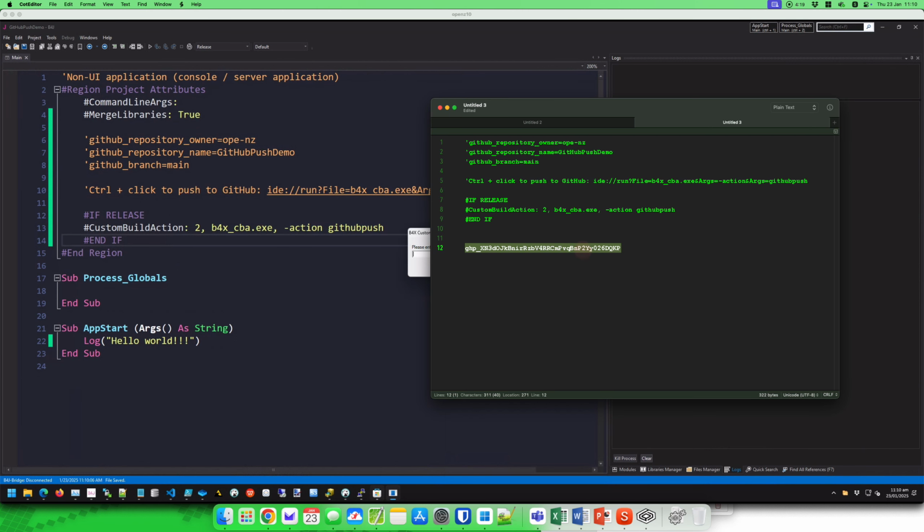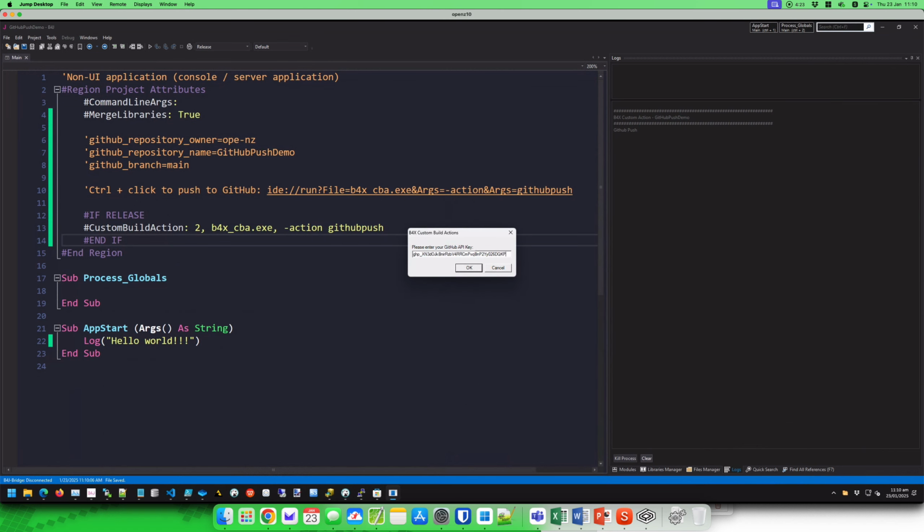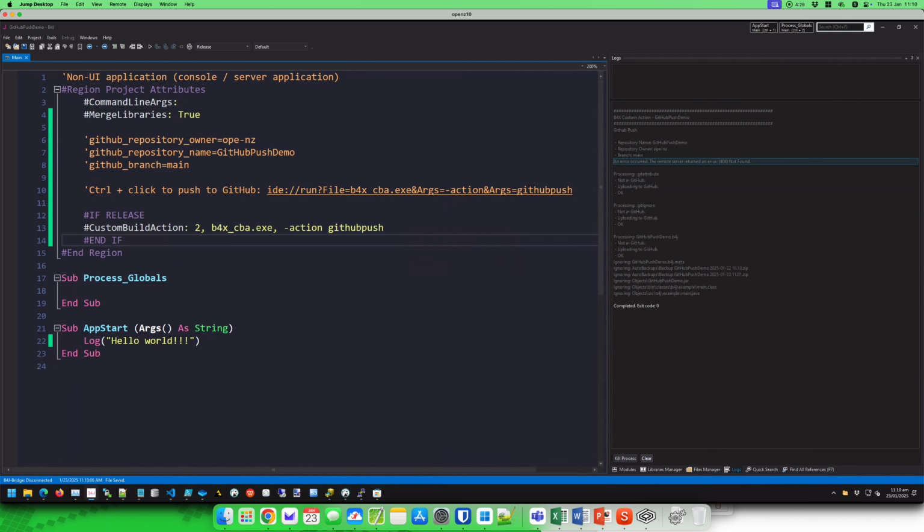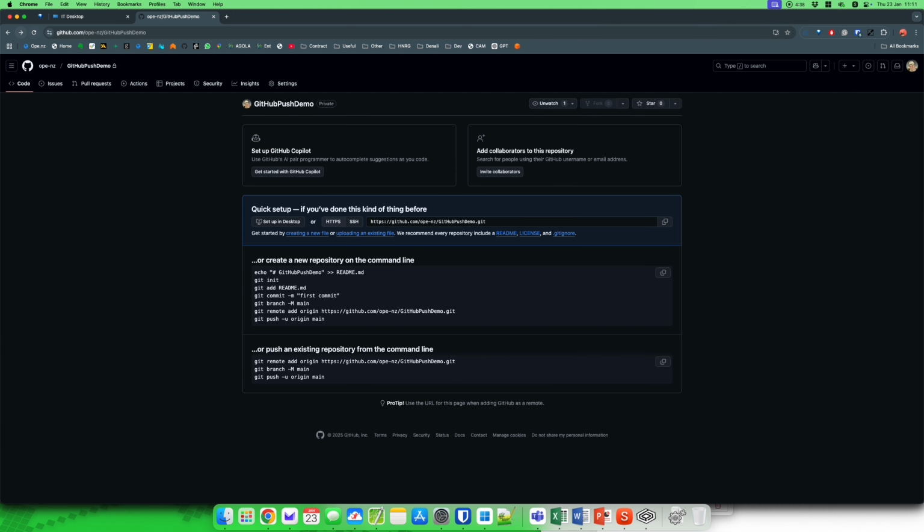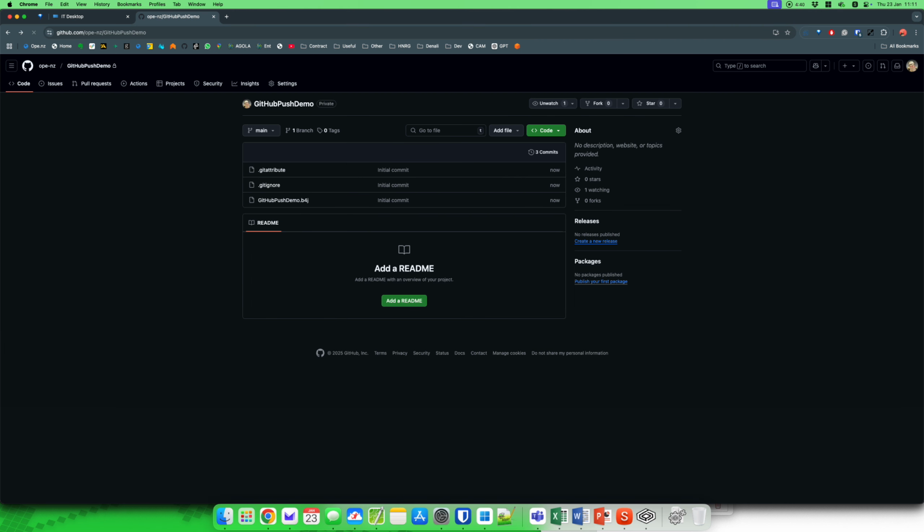So if we just grab our API key and come back here, paste this in and press OK, that will do the rest of the push. If we go back to our repository now and hit refresh, you'll see it's uploaded the project file,